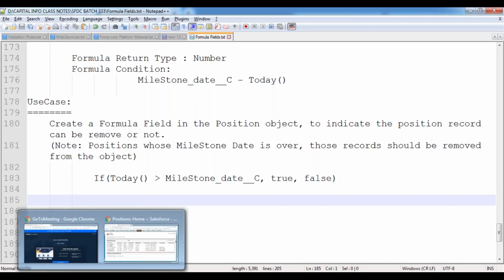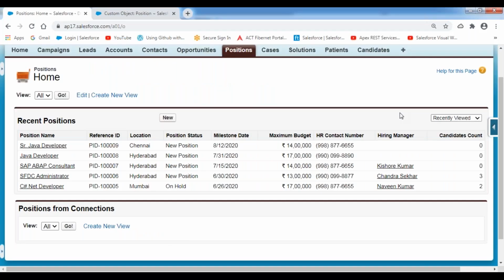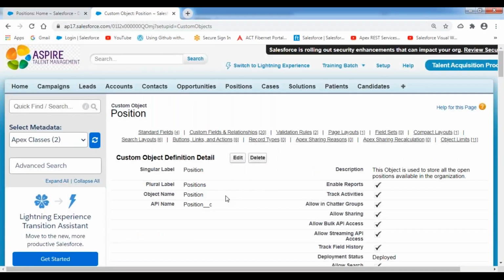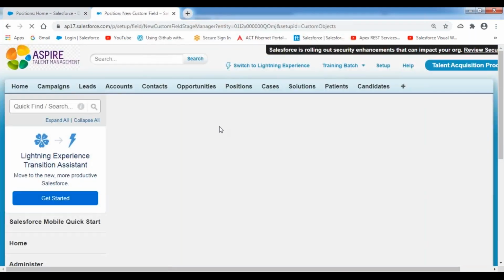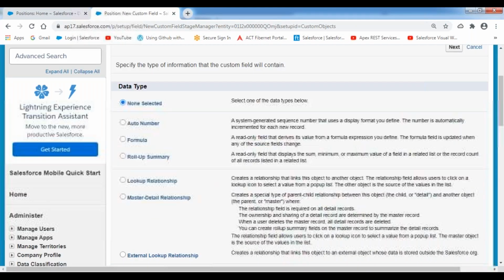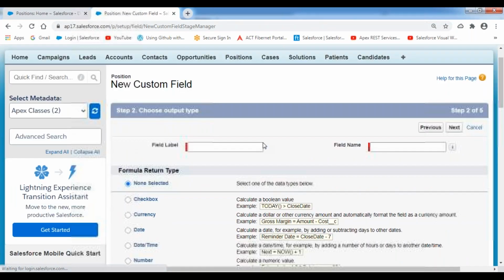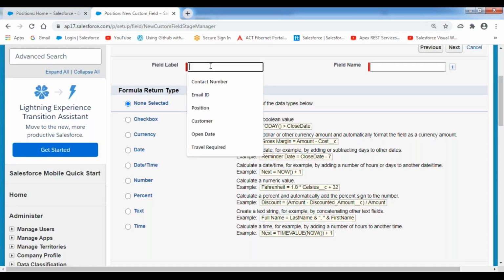So let's create a formula field right now. Click on the new button. Take the field type as formula. Then I'm going to give the field label as position can be removable or not.